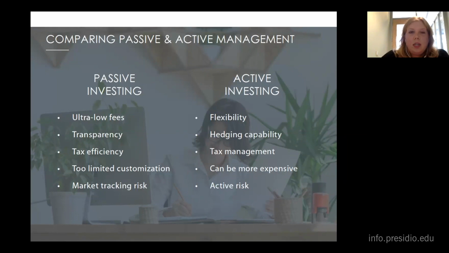And they would also say that you have less potential for returns because passive funds will pretty much never beat the market, even in times of turmoil, because their core holdings, as I said, are locked in to track the market. Sometimes a passive fund may beat the market by a little, but it's never going to post the large returns that active managers are going after.